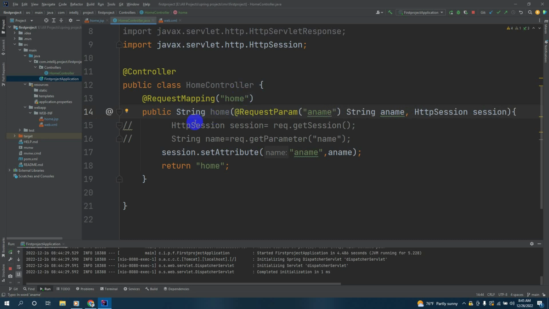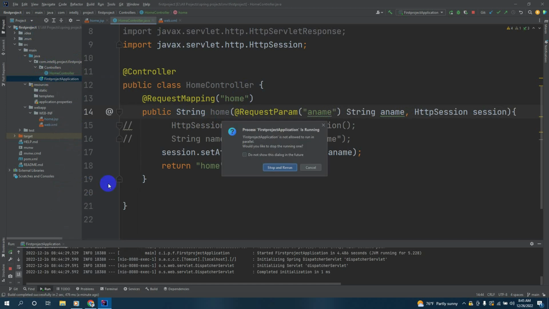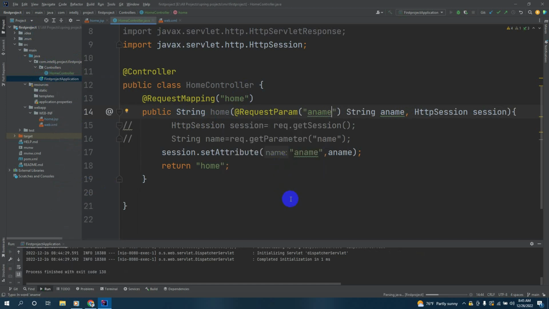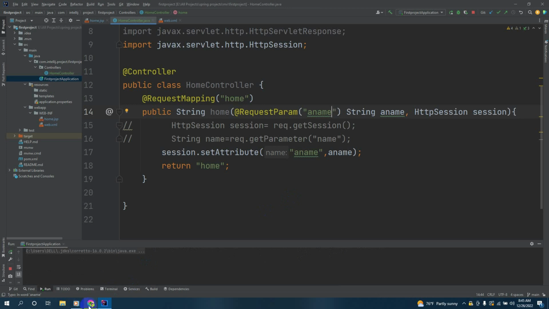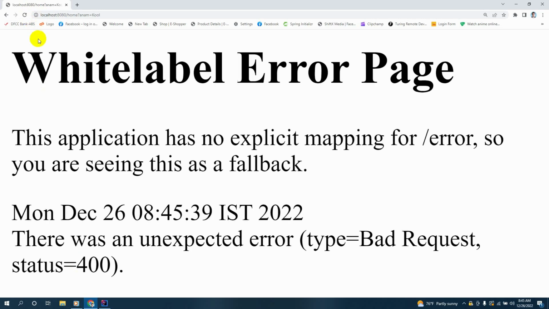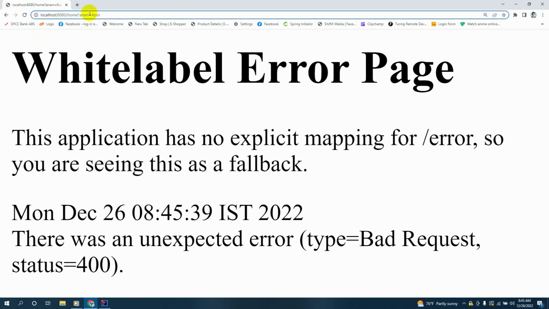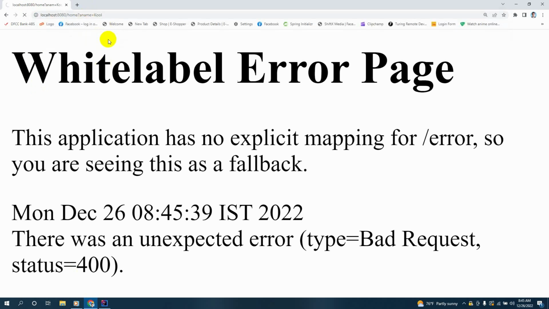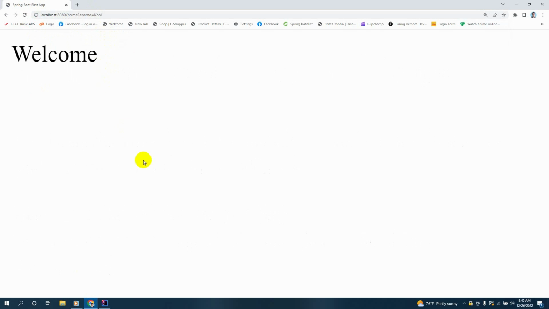With the request param a name, we can now run this and check the output. Now let's run this again. We didn't change the name, so that's the error. You say like this, and we get